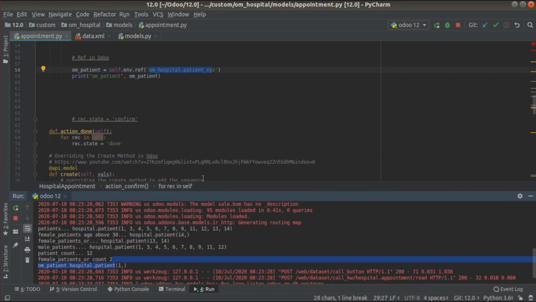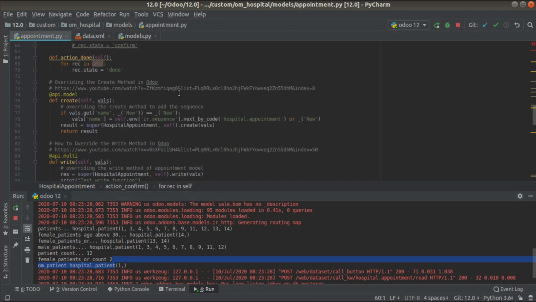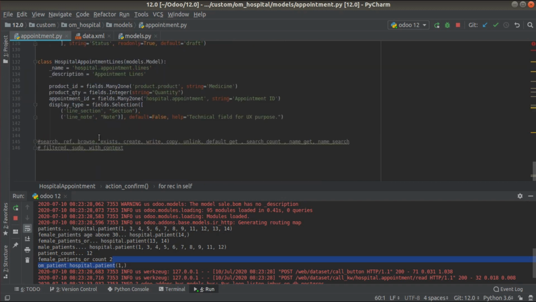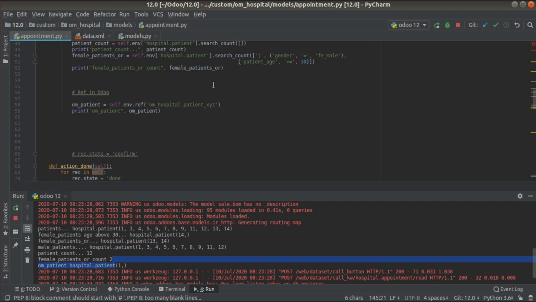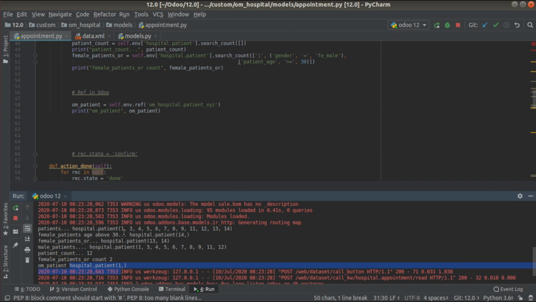So I think I'm not very clear with what I have explained in the reference method, but still it will be useful for you when you come to new tasks. So we have defined a reference method. So that's all about reference, ref. And what next? We have got browse. Suppose we have the ID of a record, like suppose I have the ID from here, we are getting hospital.patient, and from this if I need to get its ID, I can simply put .id.